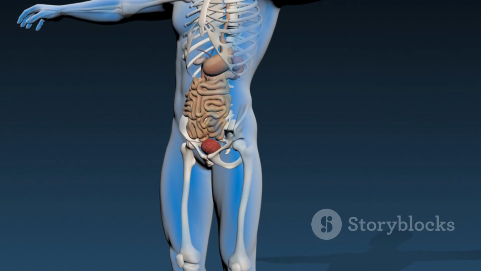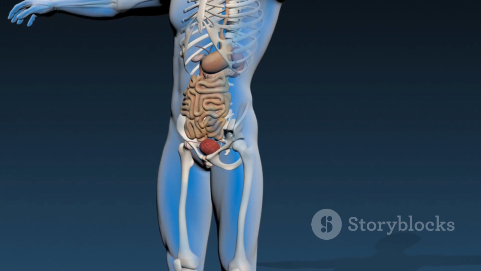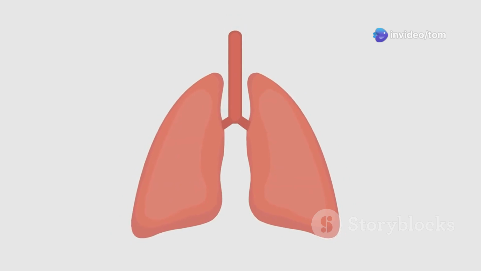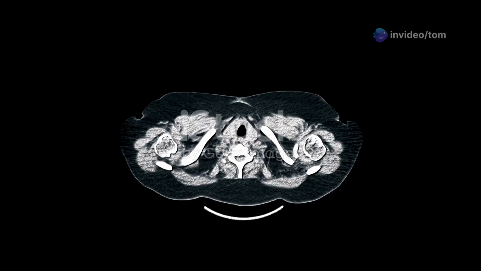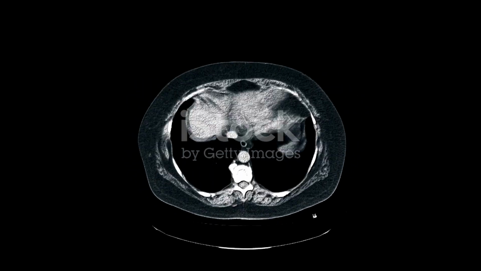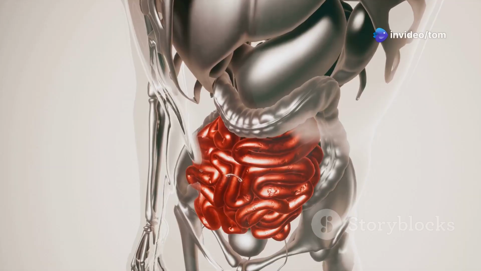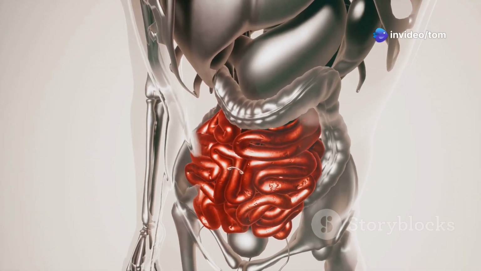The ventral body cavity is the more spacious cavity on the anterior or front side of the body. It's subdivided by the diaphragm into the thoracic cavity, or chest cavity, and the abdominopelvic cavity. The thoracic cavity contains the heart, lungs, and major blood vessels. The diaphragm forms the boundary between the thoracic and the abdominal cavities. The abdominopelvic cavity is further divided into the abdominal cavity